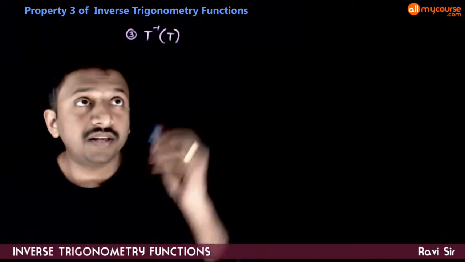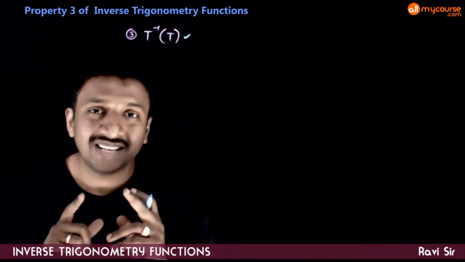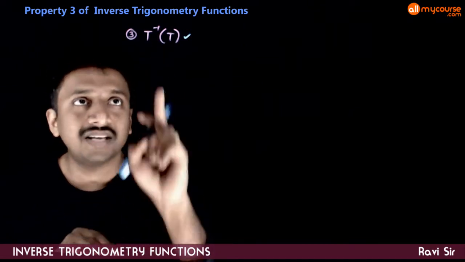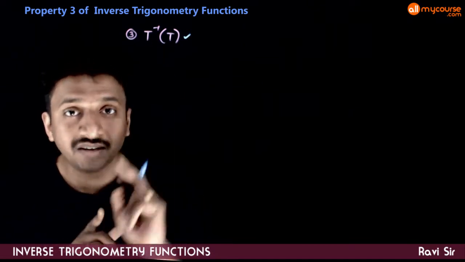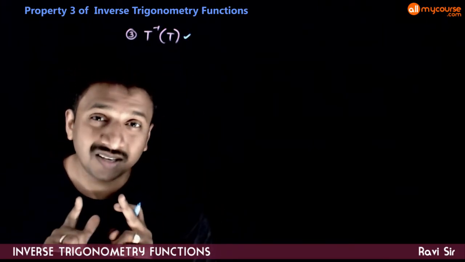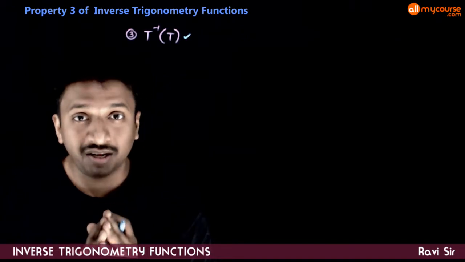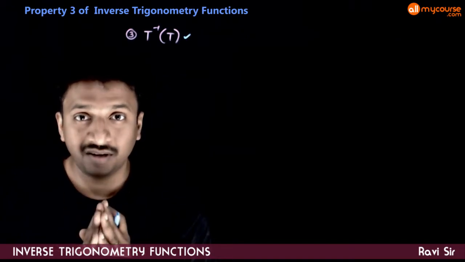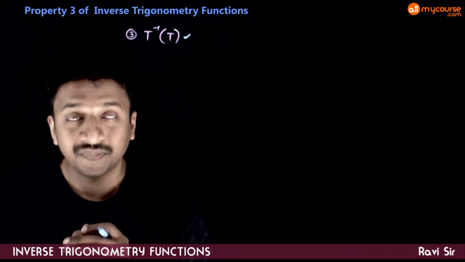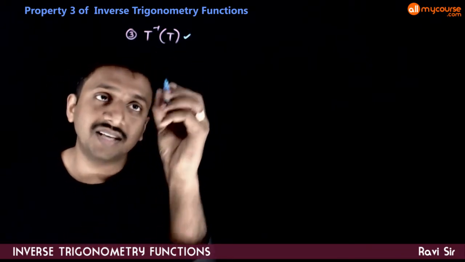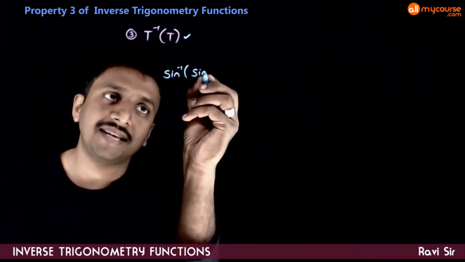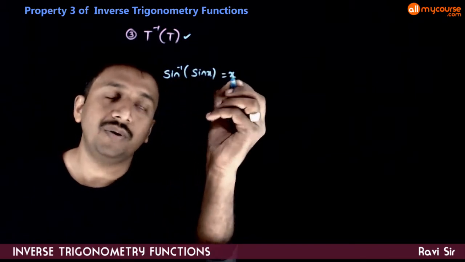Next, the third property deals with the simplification of T inverse of T. That is, inverse trigonometric ratio is outside, trigonometric ratio is inside. This property is the single most important property which you need to master if you want to do questions in advanced exams. So the formula says that sine inverse of sine x is equal to x